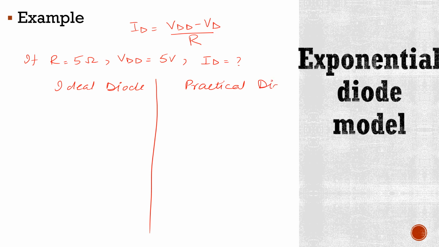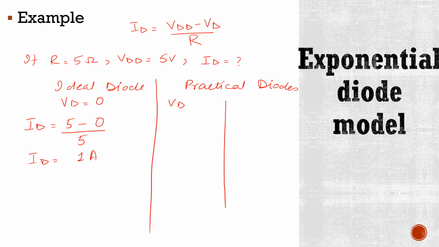We know that in ideal diodes, VD is equal to 0, therefore ID will be 5 minus 0 divided by 5, which will give us 1 ampere,